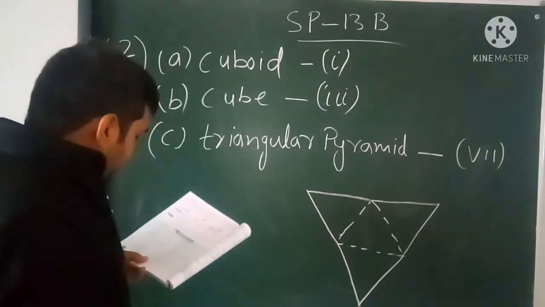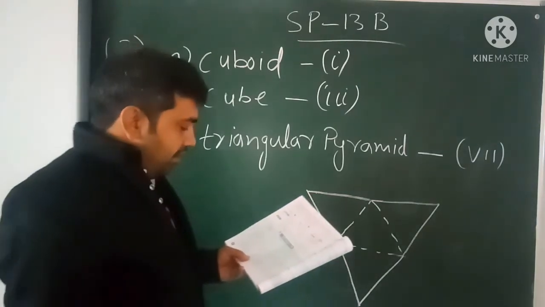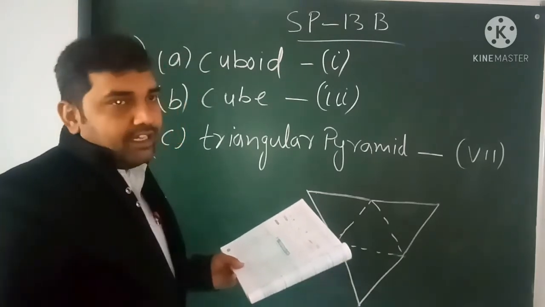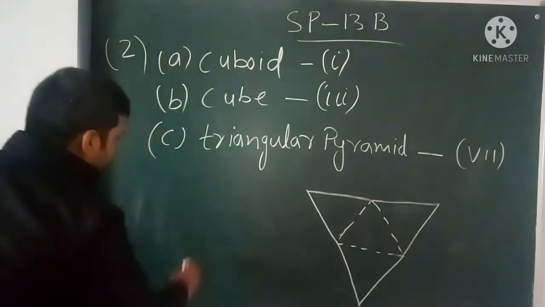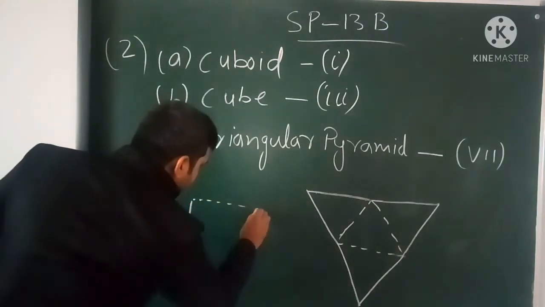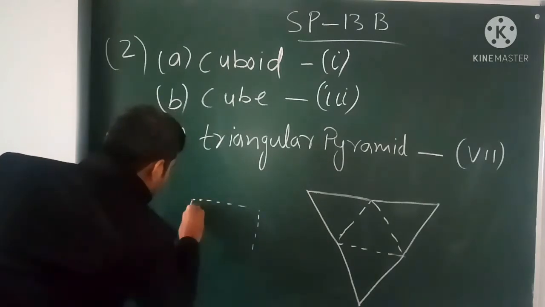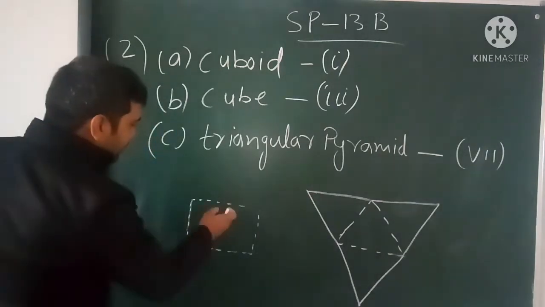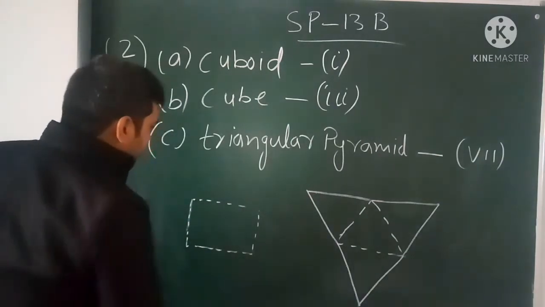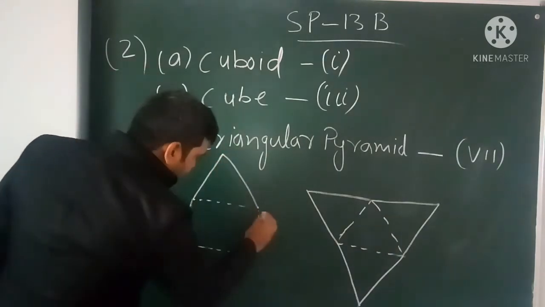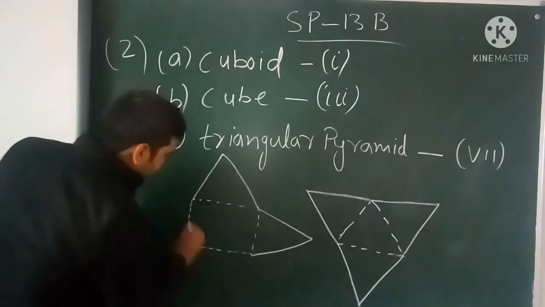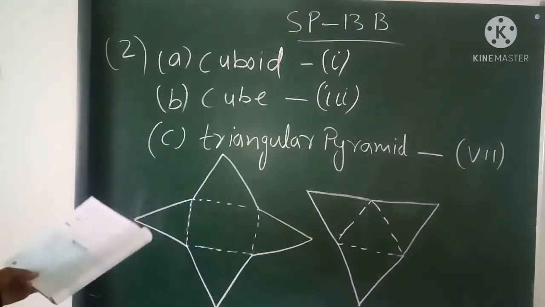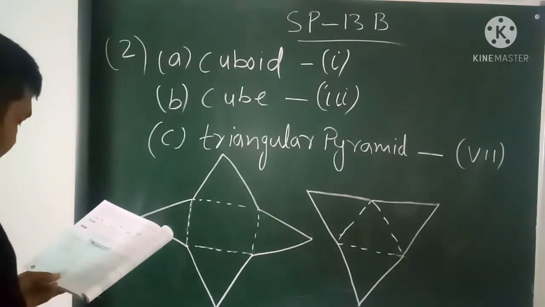Now see the fourth one, rectangular pyramid. So in the rectangular pyramid, the base of the pyramid must be a rectangle, and since the rectangle contains 4 edges, 4 sides, the base must be a rectangle. There will be 4 triangles, one on each edge of the rectangle. We have to plot, like here 1 unit, like here 1 unit. So this is the shape of the rectangular pyramid.